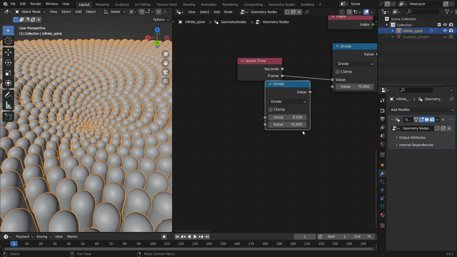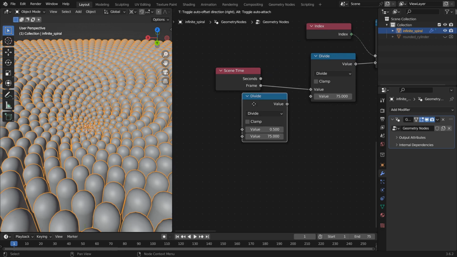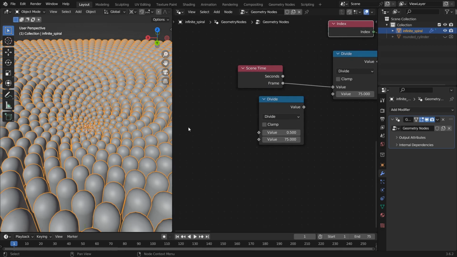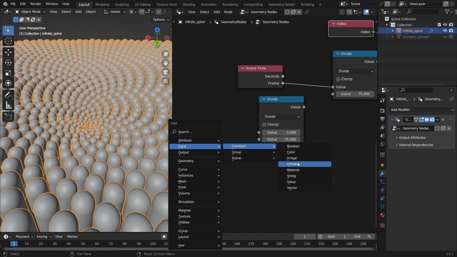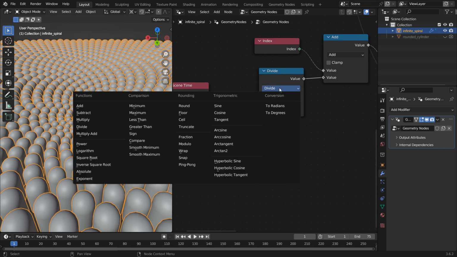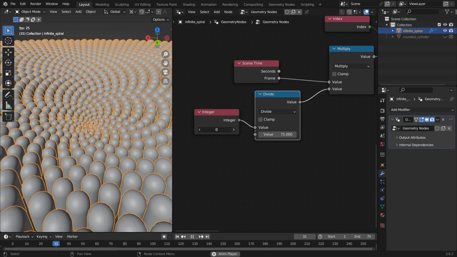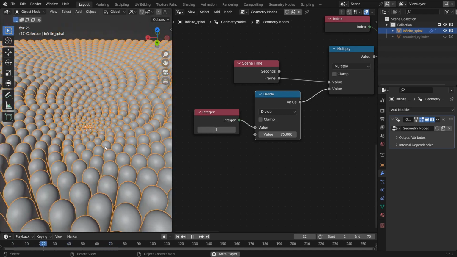I don't know how to explain this. Well, what I was saying before is not actually 100% correct, because we're not just going from 0 to 1 each frame for the instance that has an index of 0. It's just going to be some integer. And so what we'll do is we'll get an integer input, and we'll divide that by 75, and then we'll multiply that by the frame. So change this to multiply, and then whatever that is,